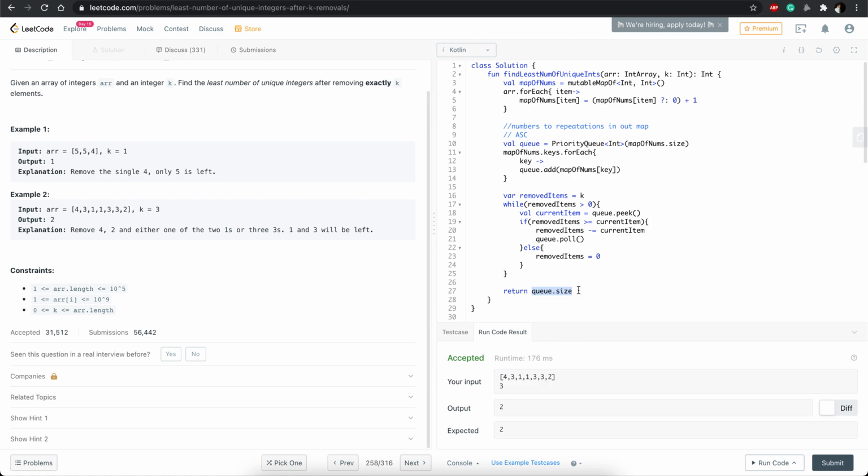So once I remove the items from the queue, whatever is left is my current size, or the least amount of unique integers that I'm getting. Okay, so